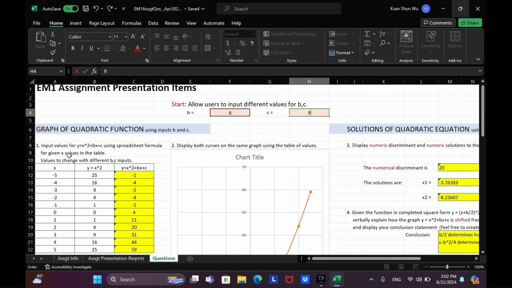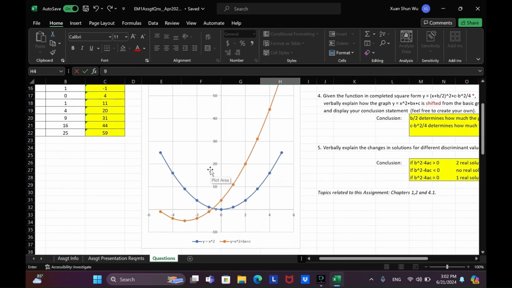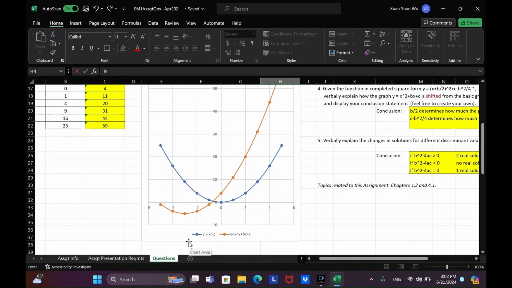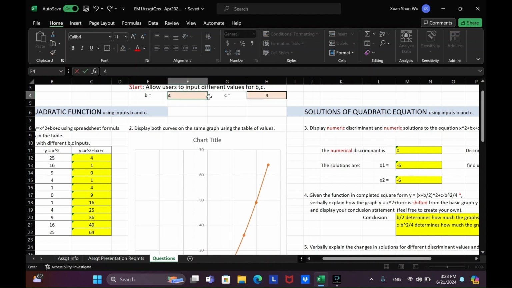For question 1, they asked me to input values for y equals x squared plus bx plus c. So I'll substitute my b and c and the corresponding x value inside, and I'll get all these values accordingly. Now for the graph here, the blue curve represents y equals x squared, while the orange curve represents y equals x squared plus bx plus c. Now, if I were to change the b and c values to 4 and 6, let's say,